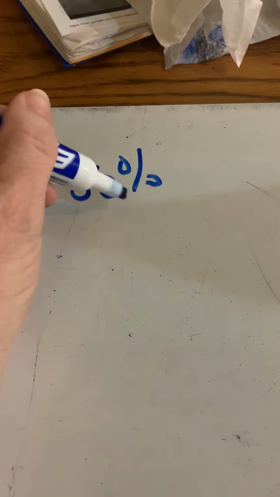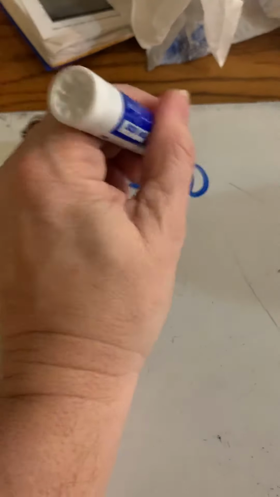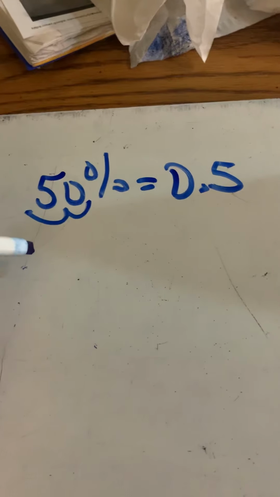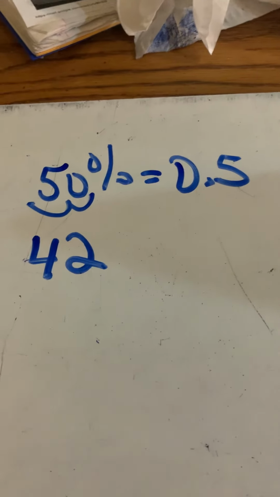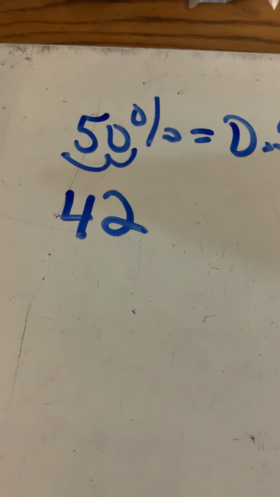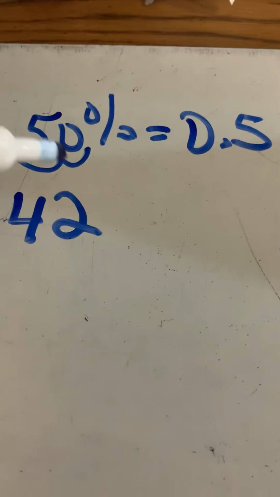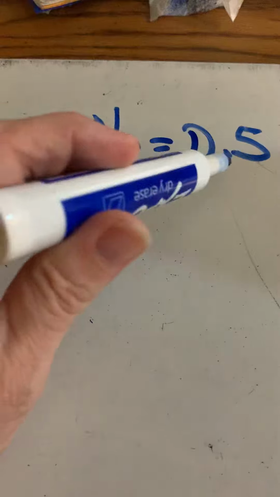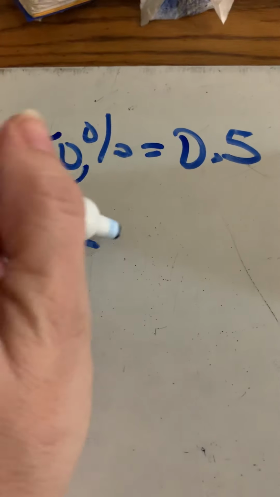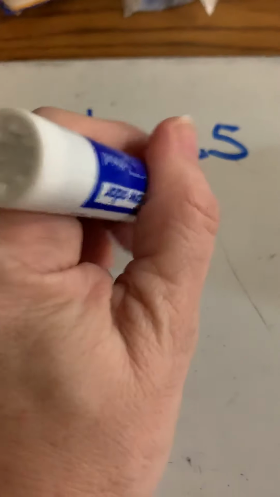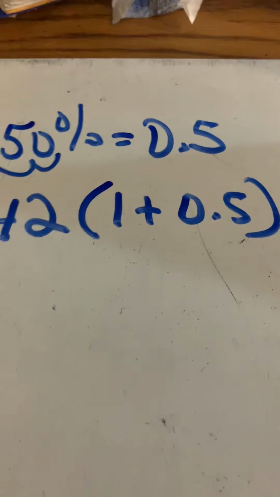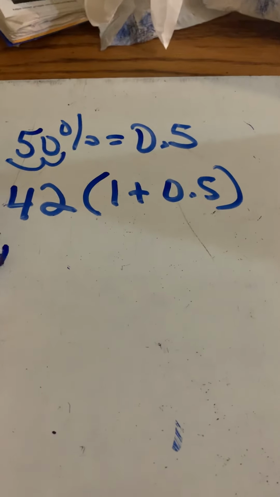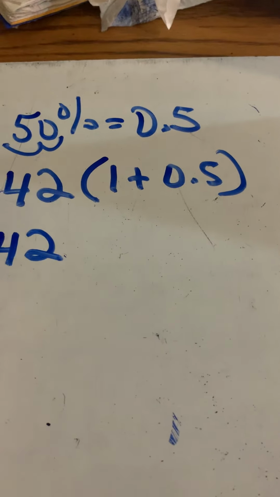I'm going to convert that to a decimal. So that's 0.5. And I started out with 42. So when we do a percent increase, we're going to multiply, all right? And you're going to have all of 42. So that's times 1 plus, so you're going to multiply 1 plus 5/10. So what you're going to do is 42 times